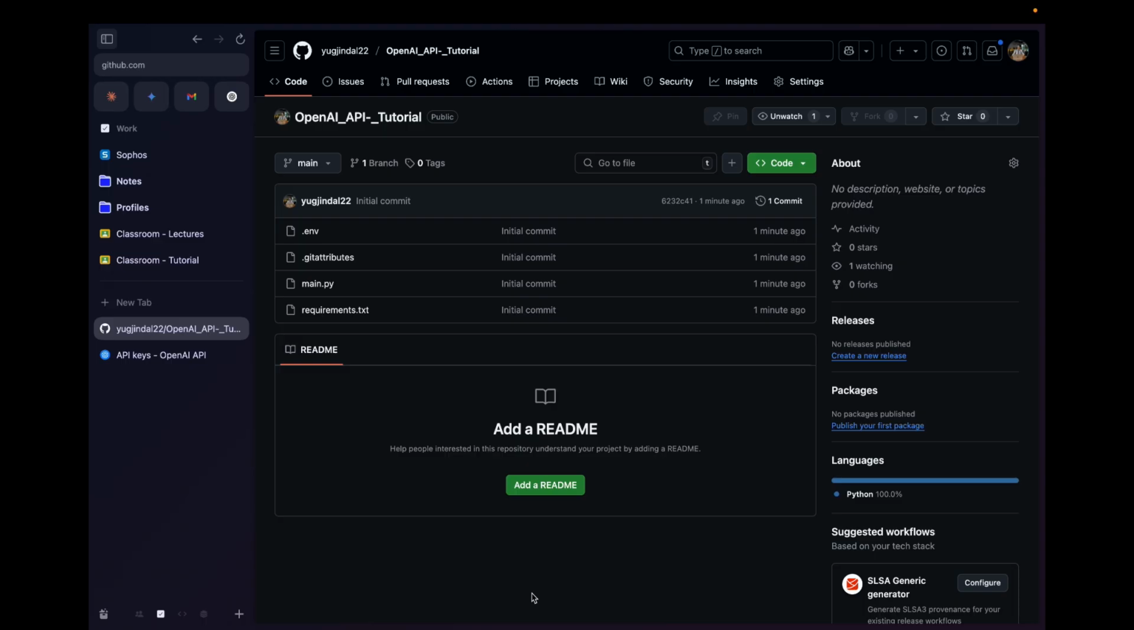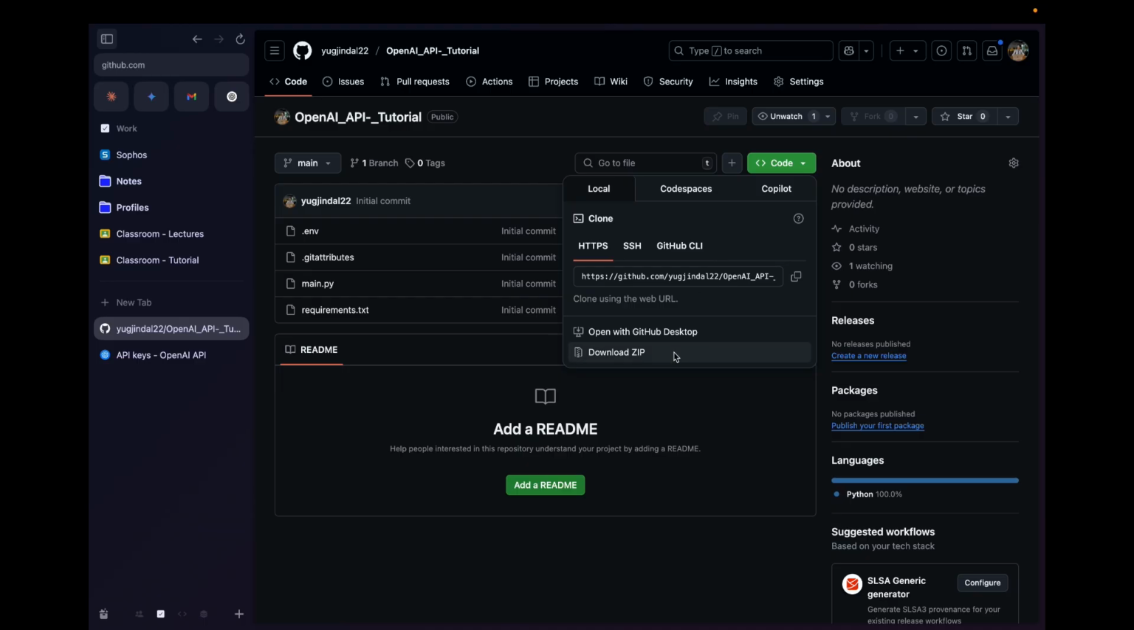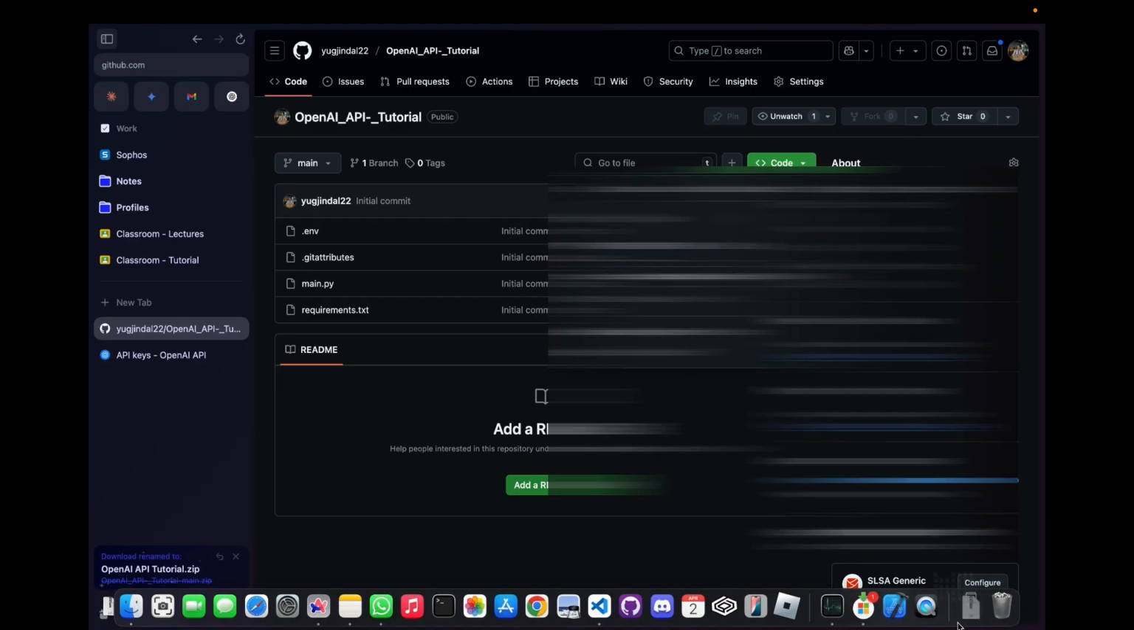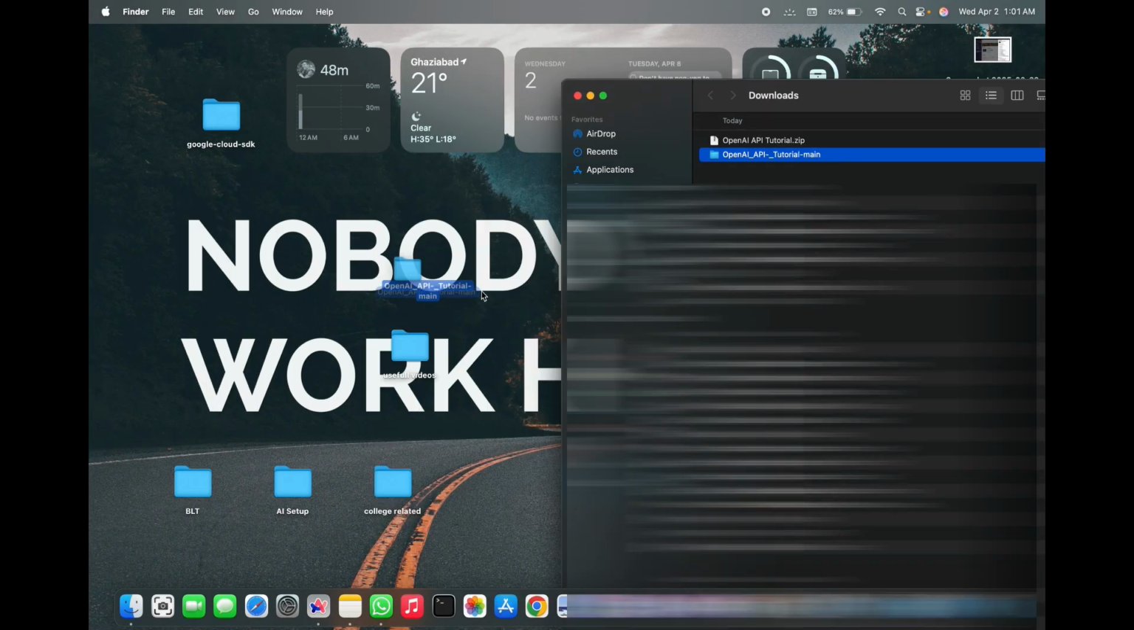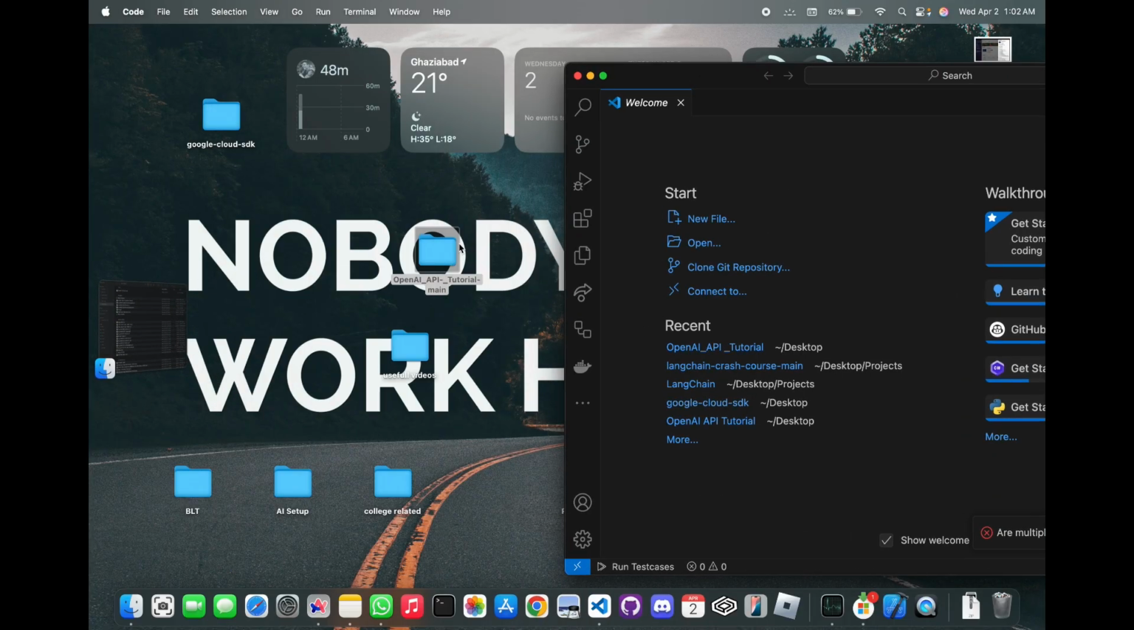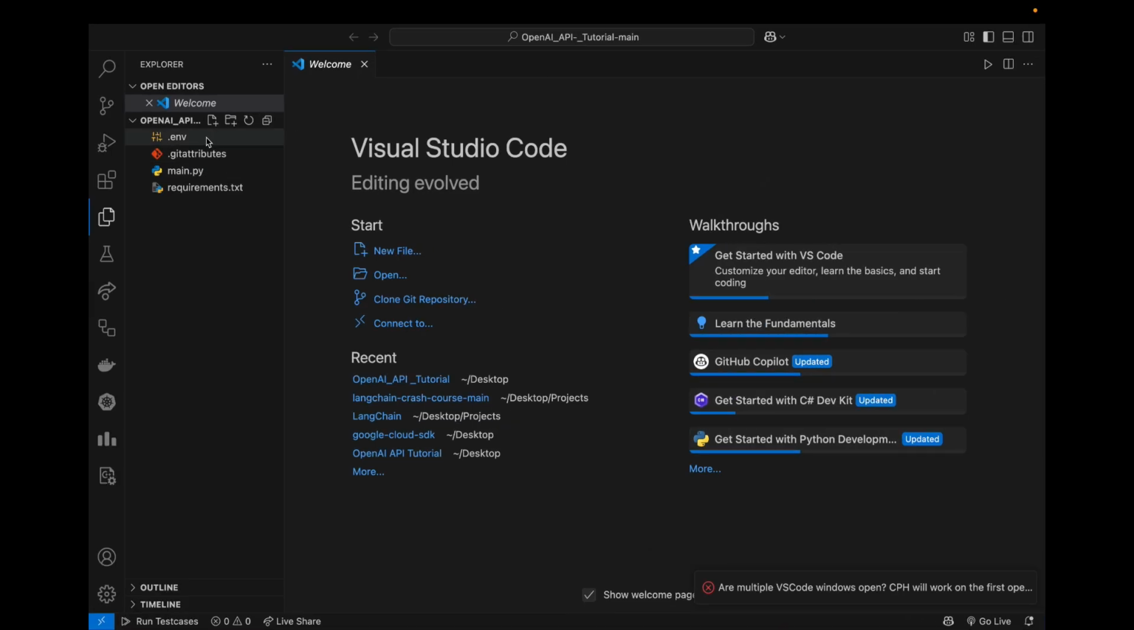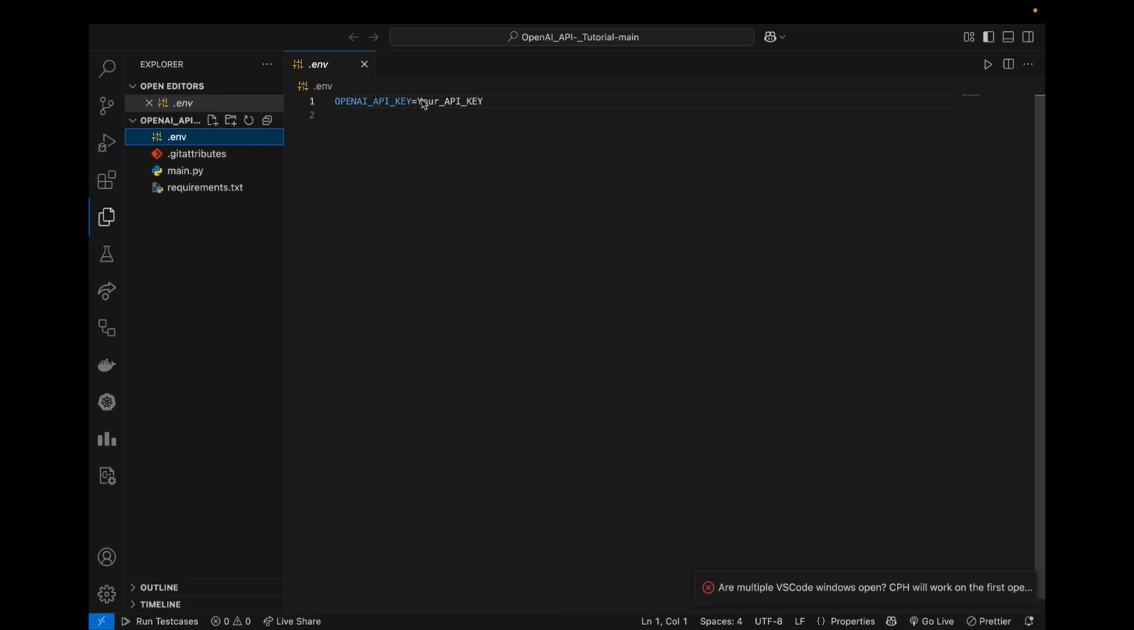So this is a repository that I have created especially for the purpose of this video to show you how you guys can run OpenAI's API in a simple Python project. To get started, just click on code on the top right and then just click on download as zip. So now just extract your download and then just simply drag and drop this folder into a new window of VS Code. And now just open the .env file, and here you have to paste your API key that you